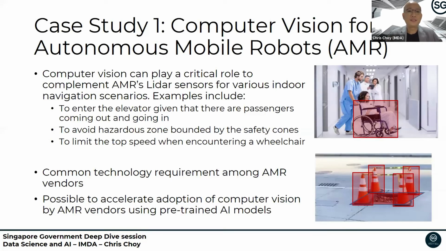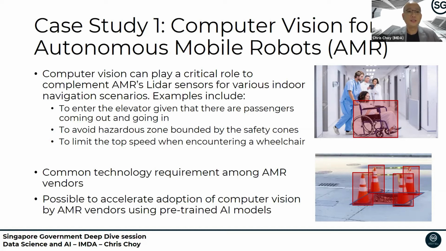So the first use case basically touched on the use of computer vision for AMR, autonomous mobile robots. In this particular use case, from a business standpoint, we have been engaging different AMR vendors in Singapore. Their core business lies in developing these AMRs for various use cases, such as indoor deployment and other scenarios. Through our interaction with them, we recognize that there could be a potential gap in the kind of challenges that they experience when they deploy AMR in indoor scenarios, using LiDAR as a key navigation tool. Some examples of the challenges they encounter include their AMR entering certain indoor compounds and